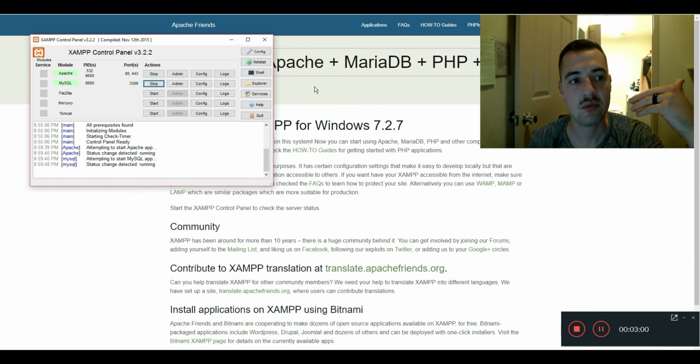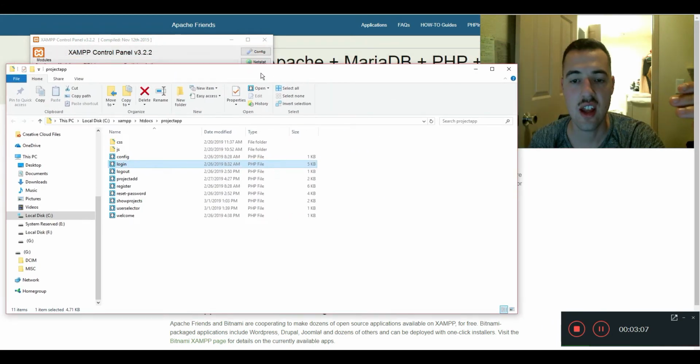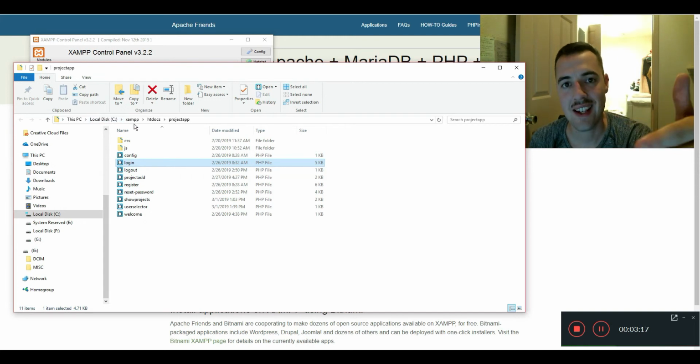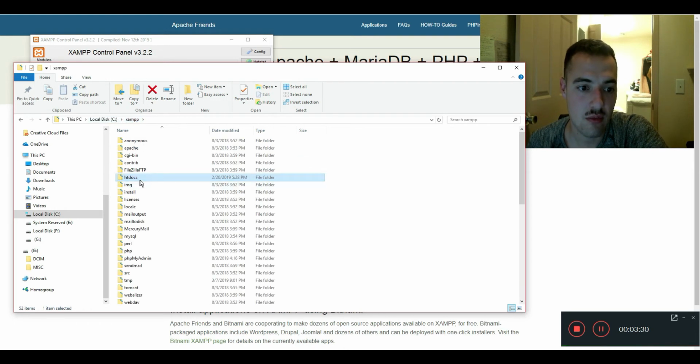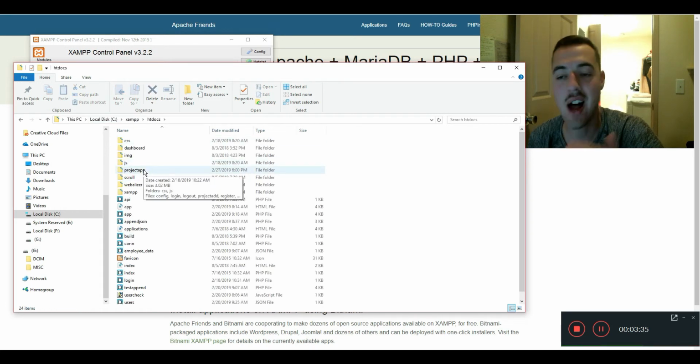But that local environment, right? So just to show you this, I have a local environment now where I can put my code. My code is in this folder right here. And when you download XAMPP, you're going to want to go to a folder inside the XAMPP folder called htdocs. So I'll show you right now. In my local disk, I go into htdocs, and then I made a folder